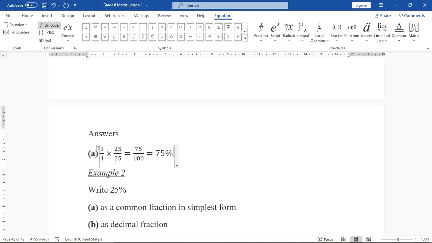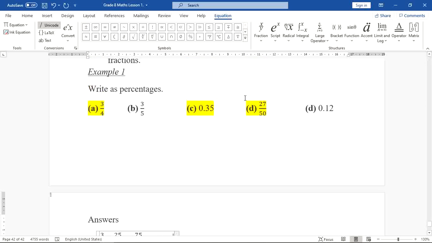The trick is to find the number that you need to multiply with the denominator and the numerator so that the denominator is now 100. And we know that 4 goes into 100 25 times. So now the question is,